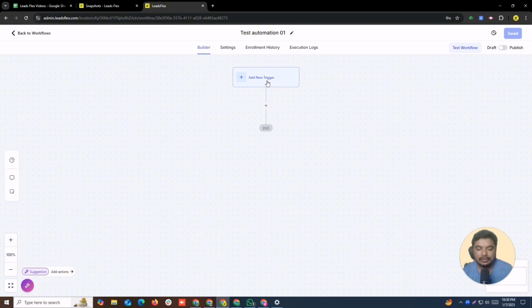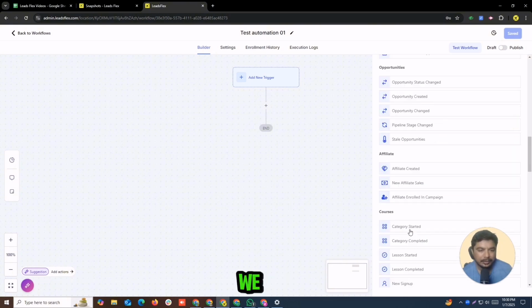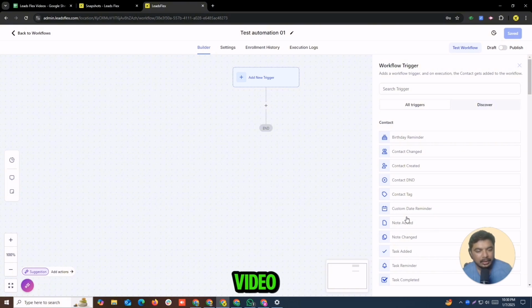So what is a trigger? Basically, a trigger is when someone books an appointment, when someone submits a form, when someone sends us a message, and when someone submits a chat on a website chat widget. So these are basically triggers. Let me just click on it, and here you see there are a lot of triggers that we are going to use in a future video. But right now I would like to say when